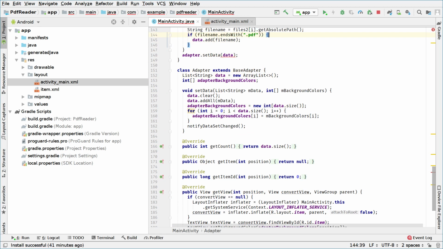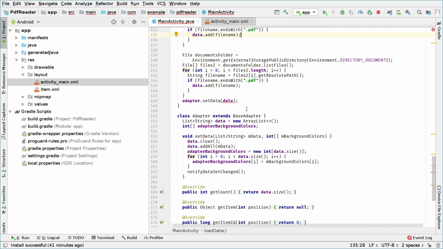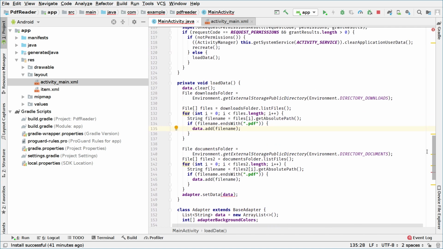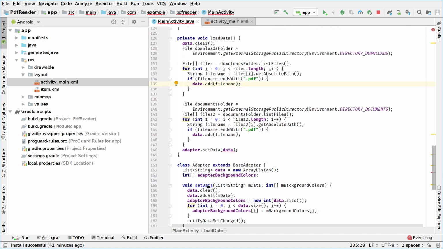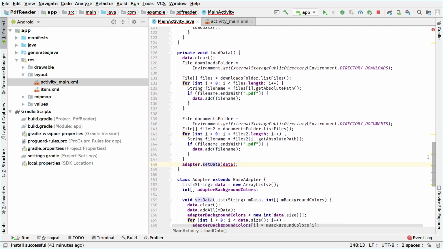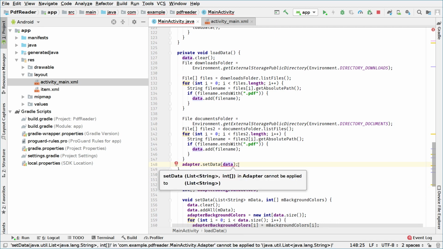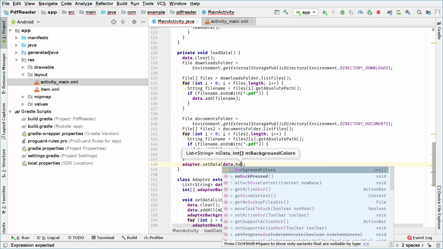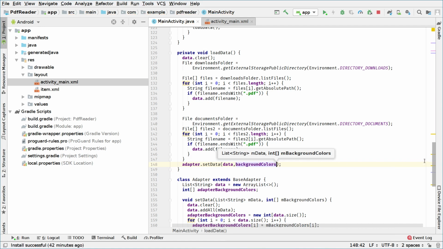Great, right? Now, every time we call the setData method, what I have to do is, apart from passing the list of data, I also have to pass the background colors, right? Great. So let's do that just now. As you can see right here, when I'm reading the files, I'm setting the data, and I also have to pass my background colors. So I'm going to pass background colors,